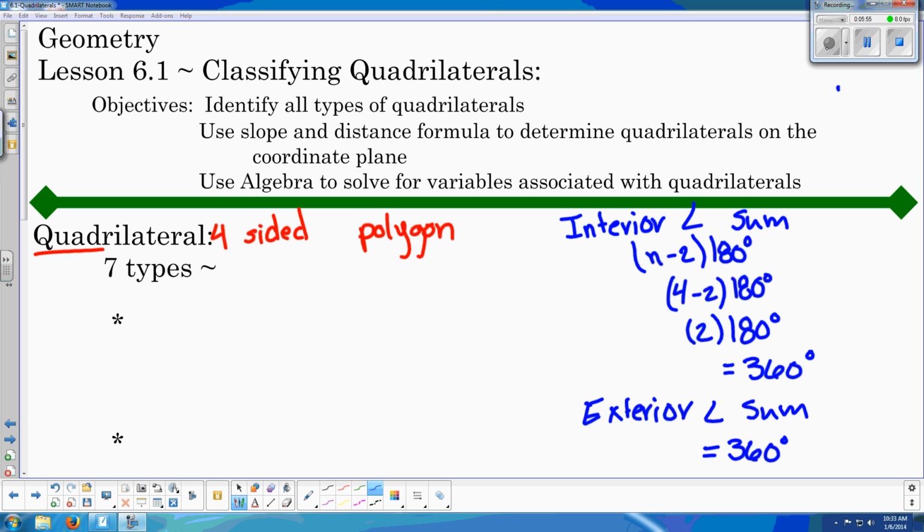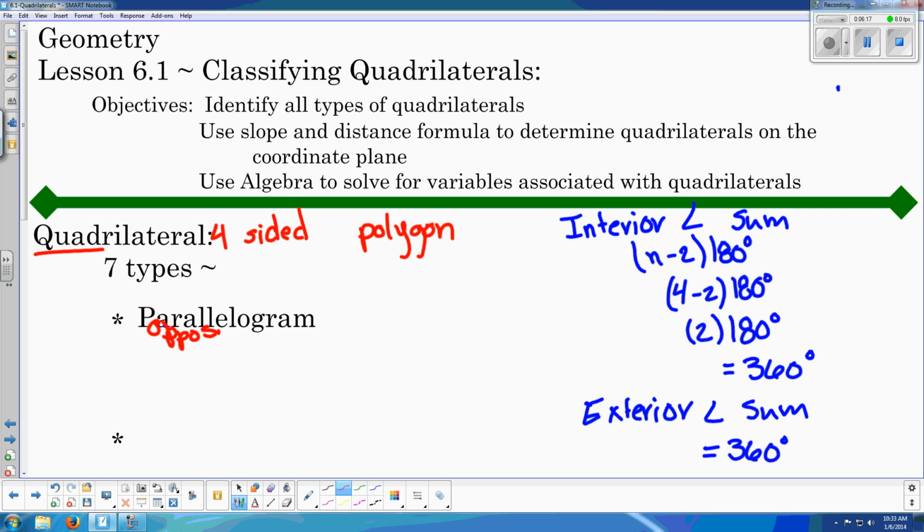Alright, so now that we know every quadrilateral has an interior angle sum of 360 degrees and an exterior angle sum of 360 degrees, let's talk about our different types of quadrilaterals. Our first type, the most basic type, is a parallelogram. What you need to know is that it has